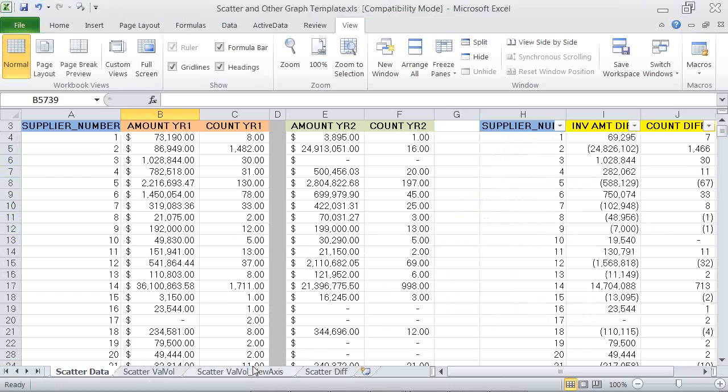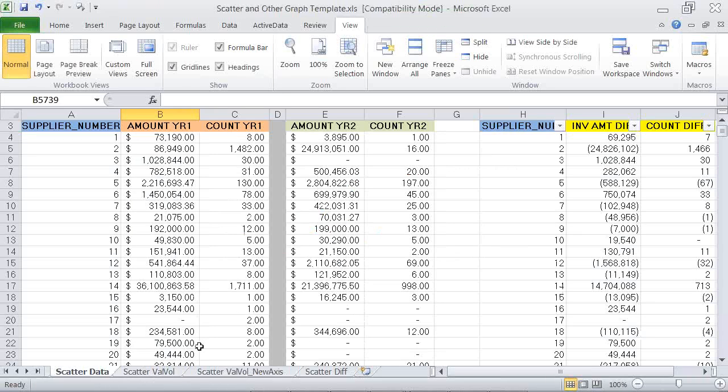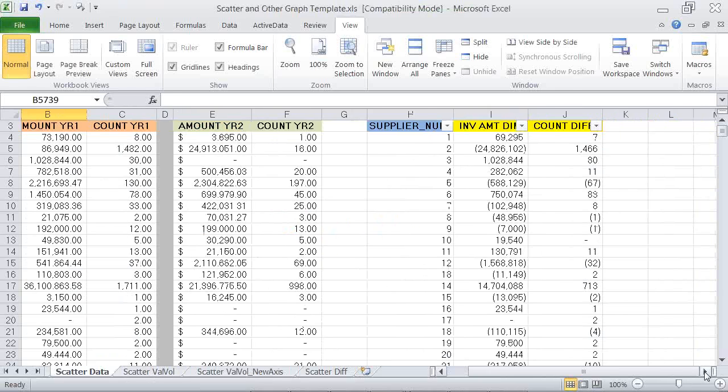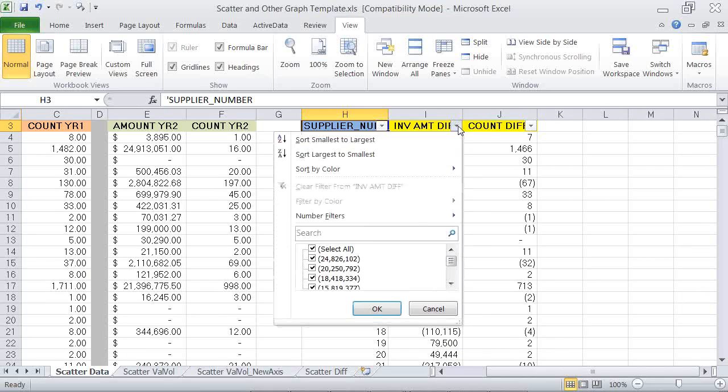So what I wanted to get at, and just wanted to make sure that my actual graph was set up to the data properly here, was that if you ever set up a filter on the data that you have graphed, it becomes a really nice way for you to filter on that data.